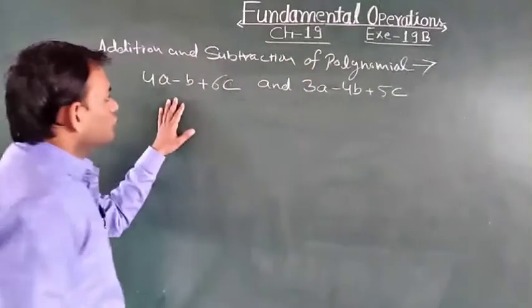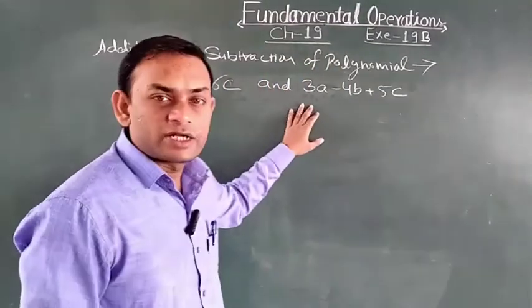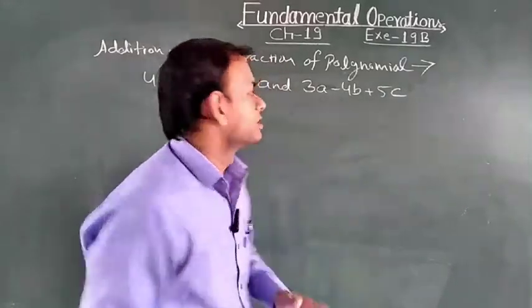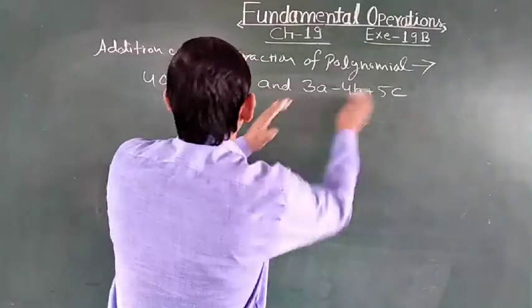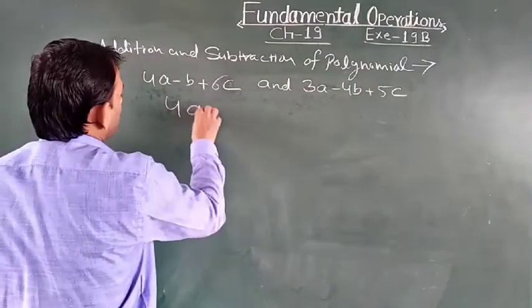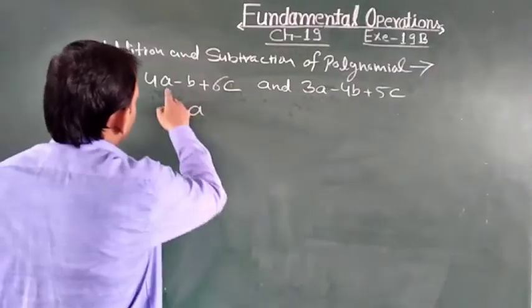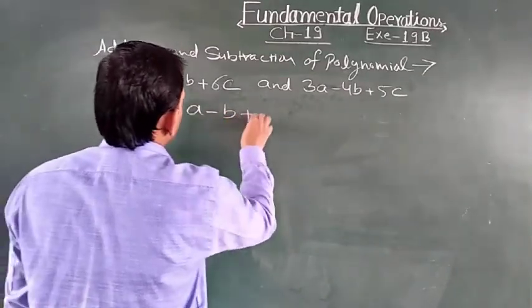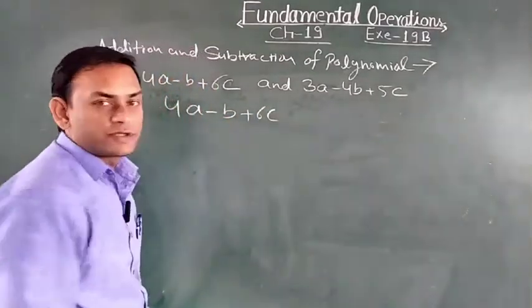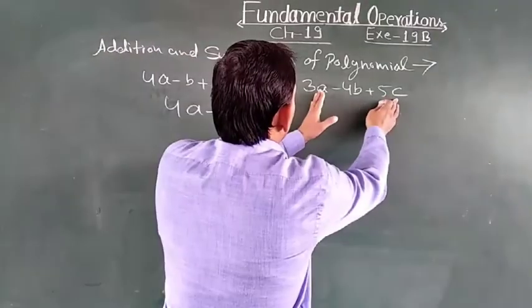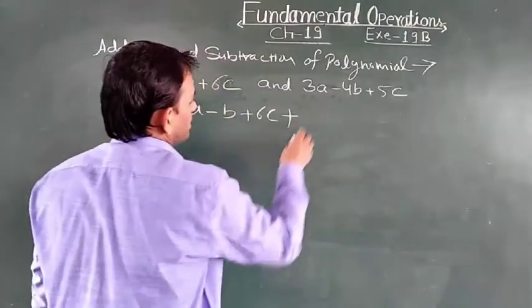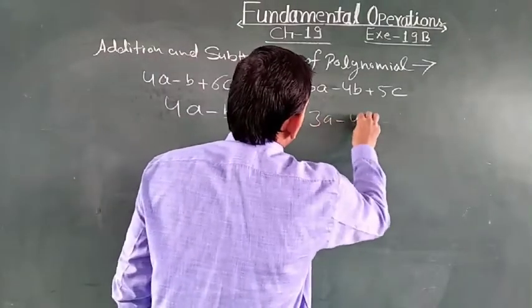So there are two methods to add and subtract different polynomials. First of all, I am going to tell you the row method. Here two polynomials are given. First of all, we will write the first polynomial, 4a minus b plus 6c, and then we will write the second polynomial. Because we have to add both of them, we will write the plus sign and then 3a minus 4b